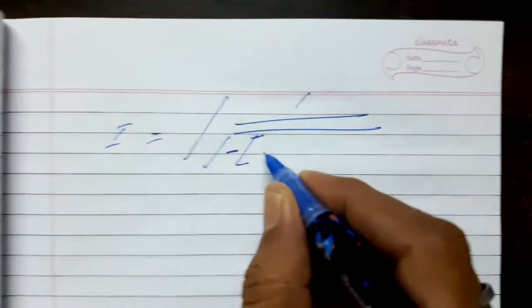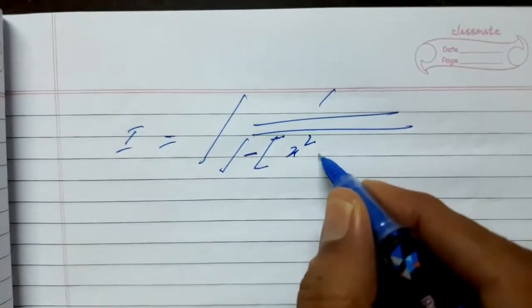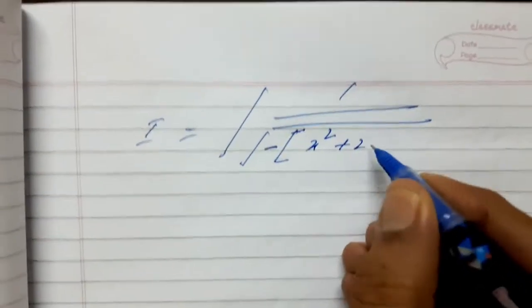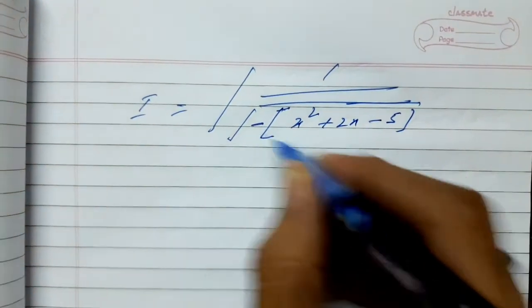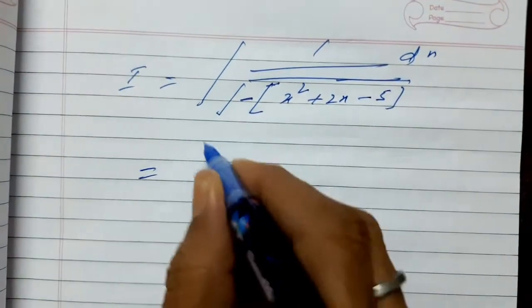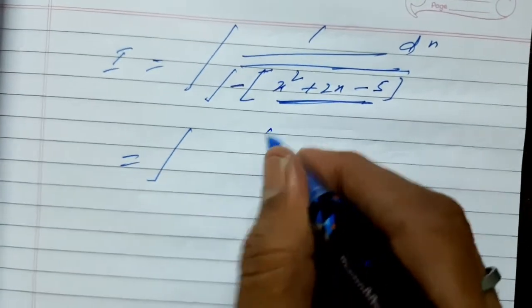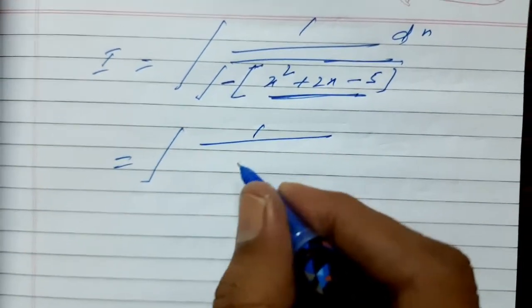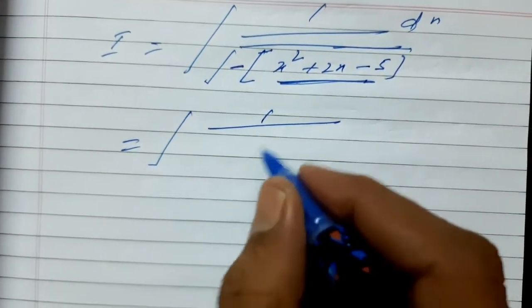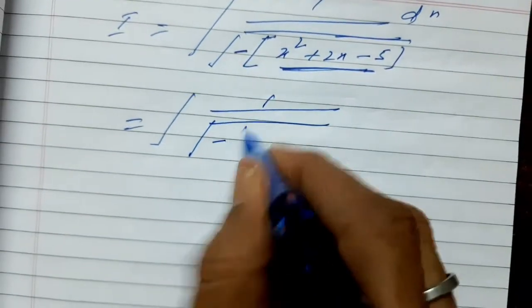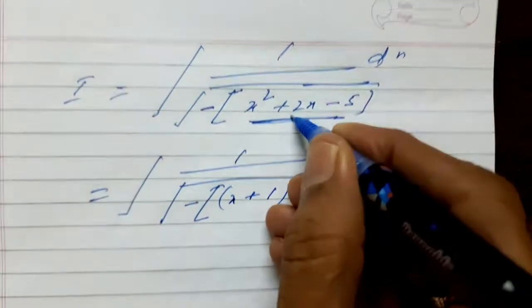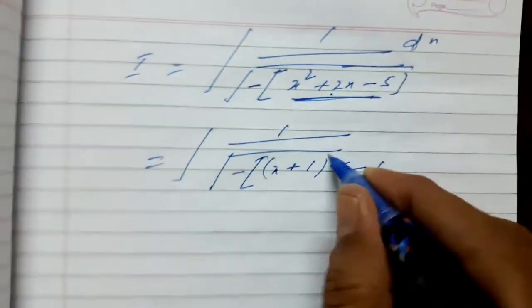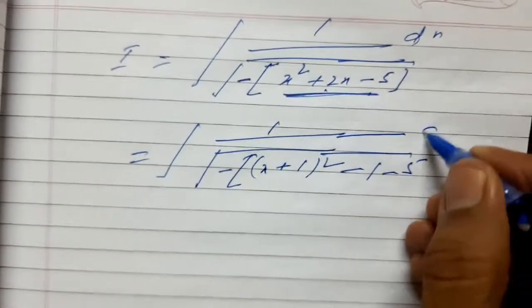So you have to take it like this. This is x square, and the moment we do so, it will be 2x and minus 5 will be there. So we'll take minus inside the root and we'll work. And then after working with the perfect square, we'll use this minus and we'll make a structure of any of the model 3 category of this special integral. So I am doing so, taking minus common. Inside the bracket, this is x plus 1 whole square, because the coefficient of x is 2, minus 1, minus 5 is there, and this is dx.